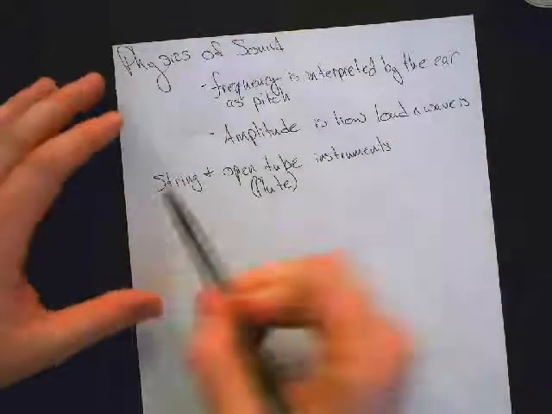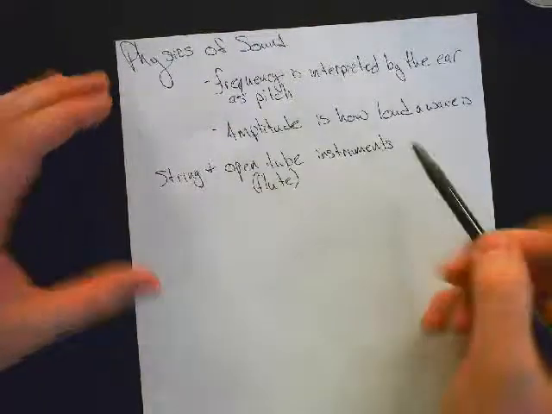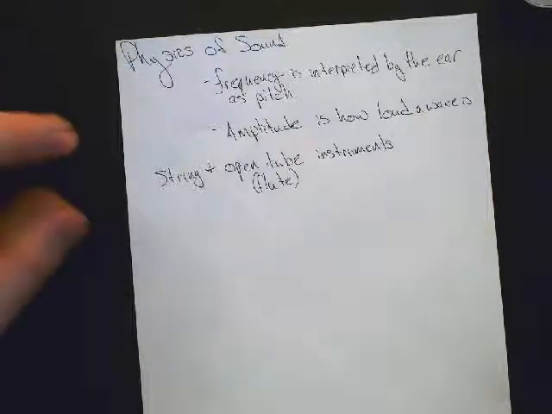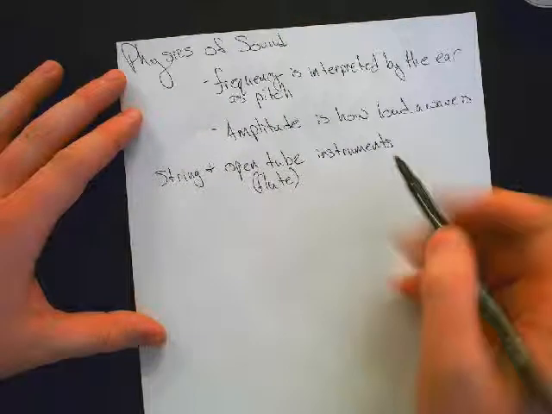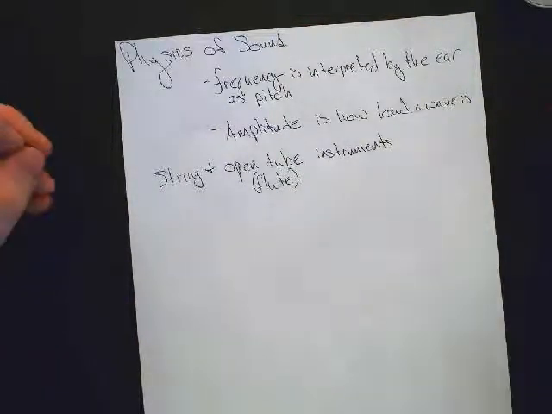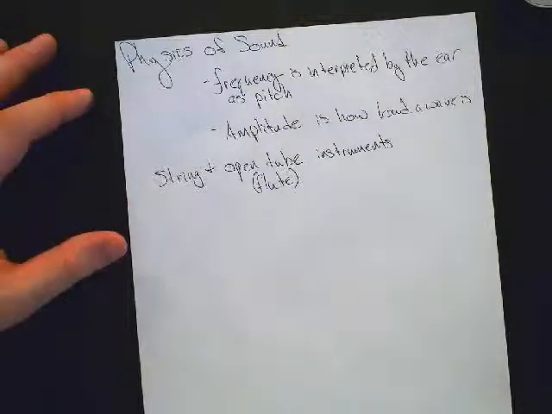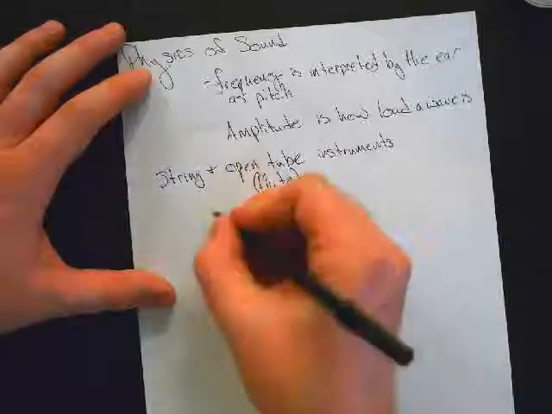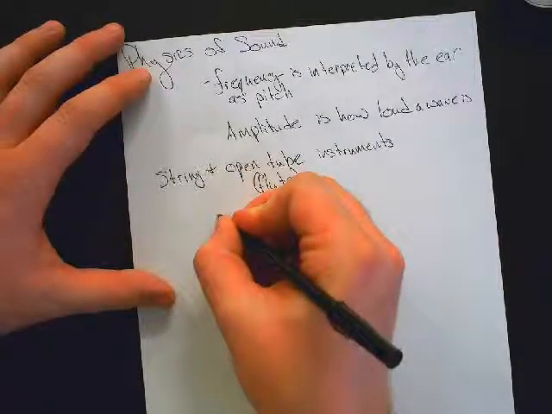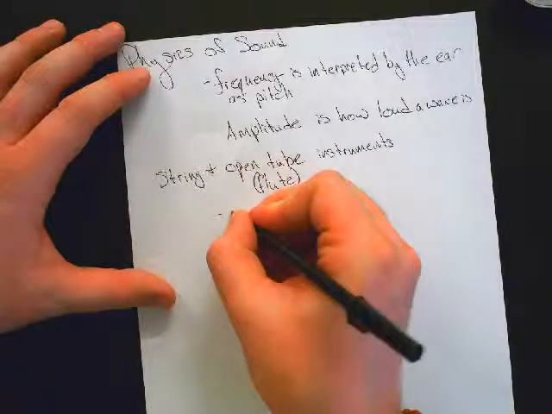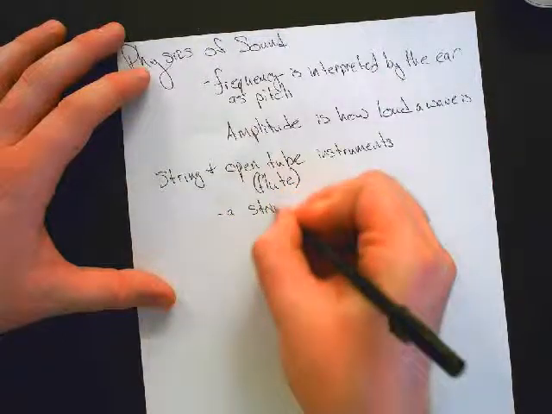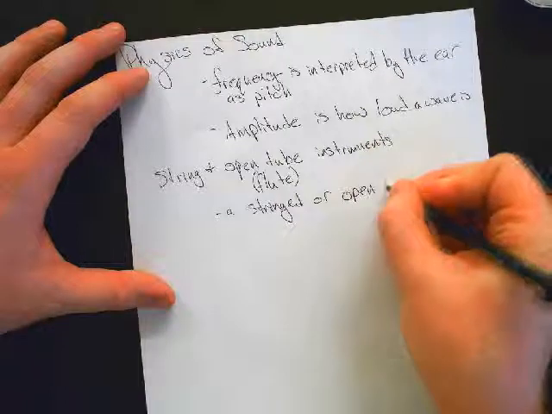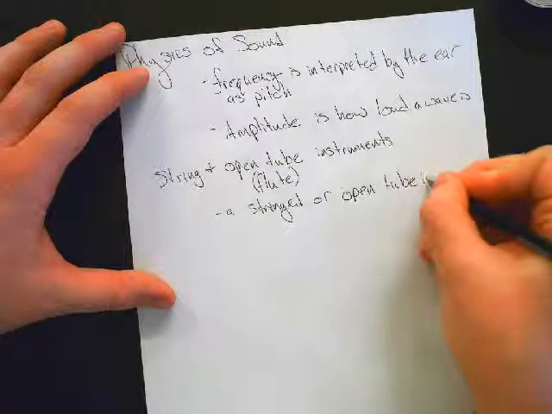Okay? So stringed instruments and open tube instruments follow the exact same concept for producing sound. The idea behind them is that they're going to create resonance within either the air column that is within the instrument or within the string that's actually vibrating. That's my next step. So a string or open tube instrument,